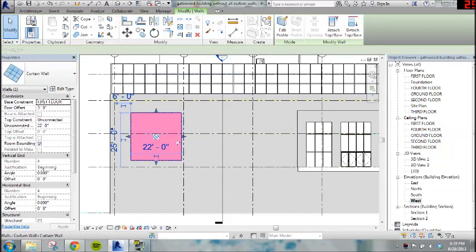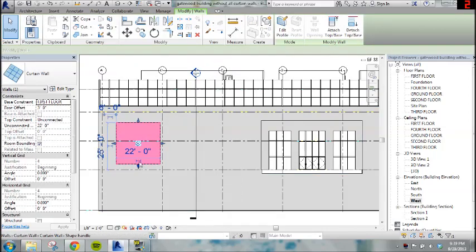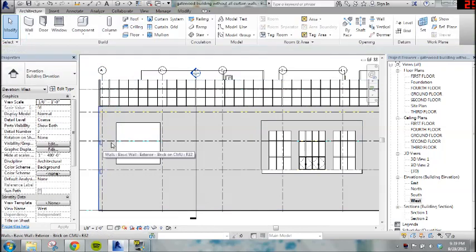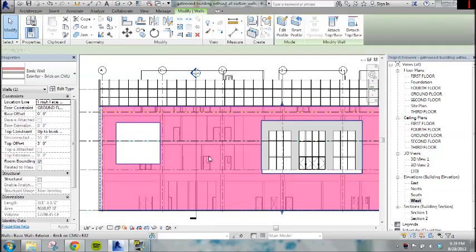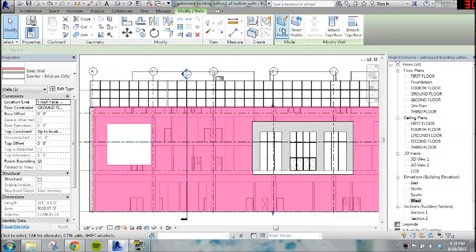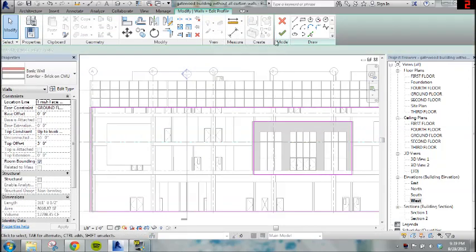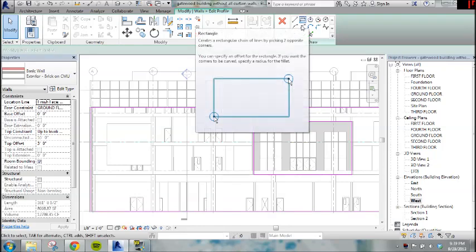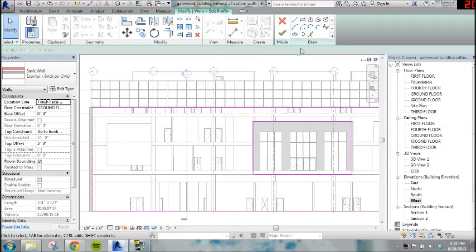So now that I've added all the dimensions I want to this wall, I'm going to show you the second method of making a curtain wall. I'm going to select this exterior, click Edit Profile. Now, like when we were making walls and floors, we have the draw tools again. So I'm going to use the rectangle